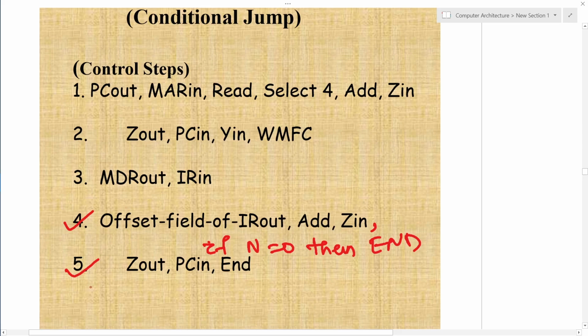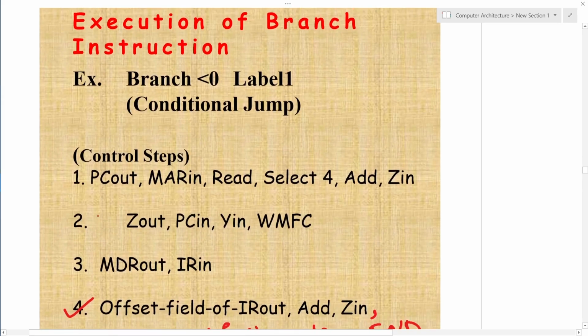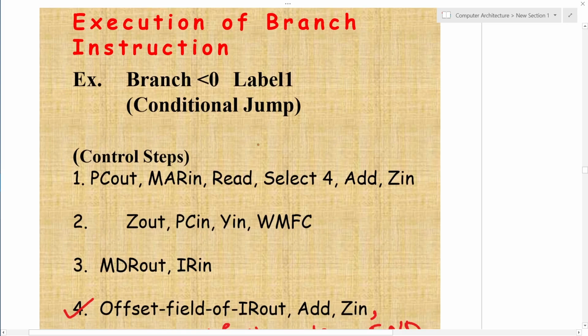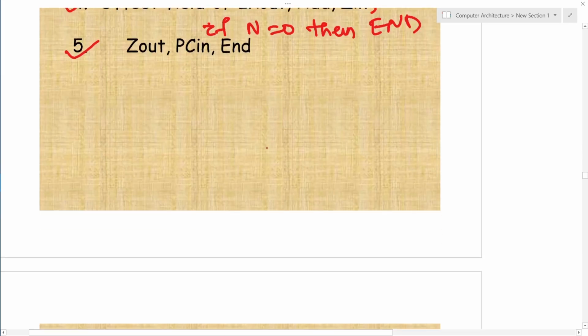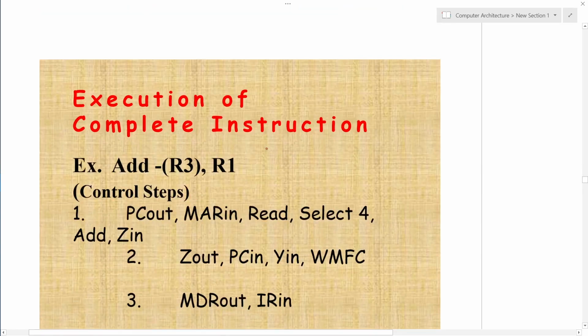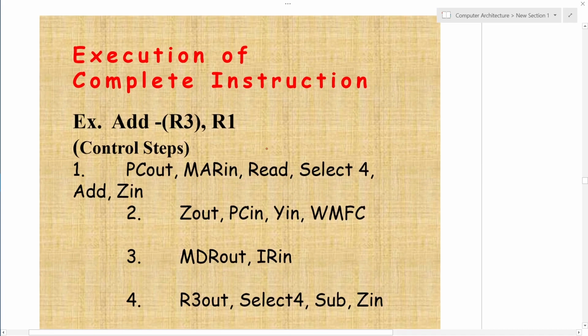So this is the example we can use for a conditional jump statement, where we have to check whether a branch is taken or a branch is not taken. Now we can have one more example to understand. This is a typical example where